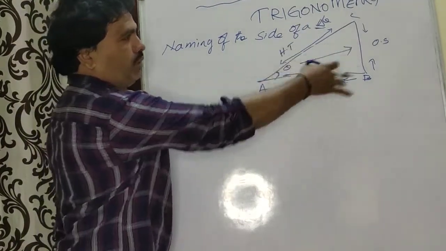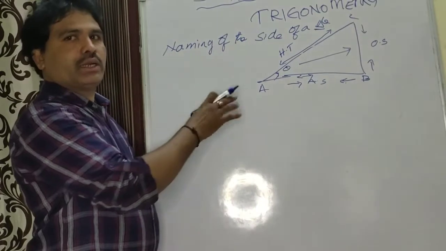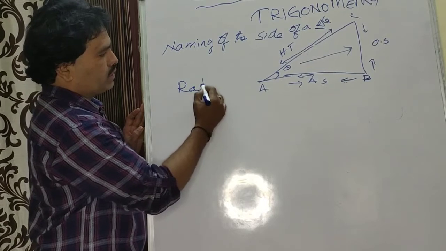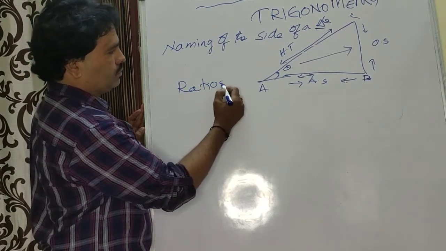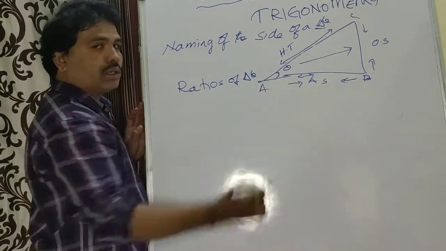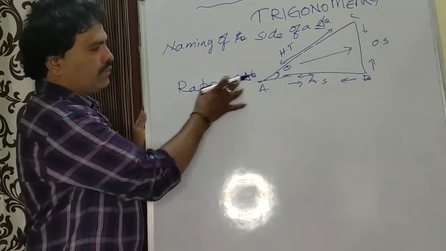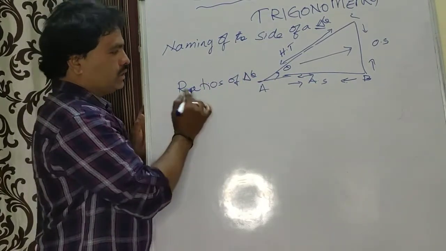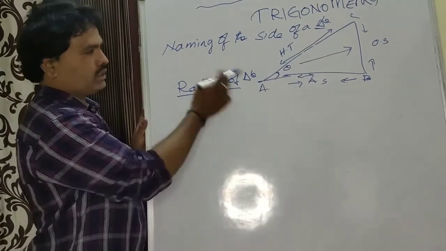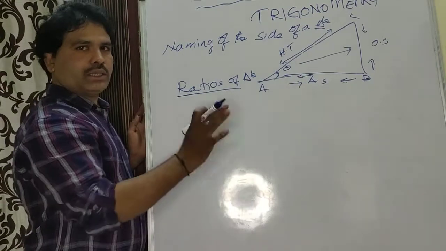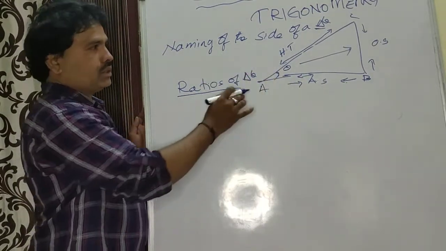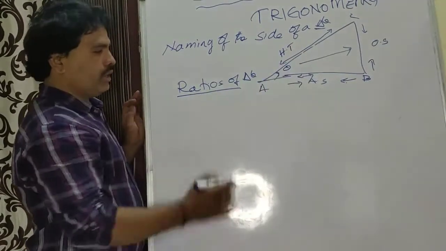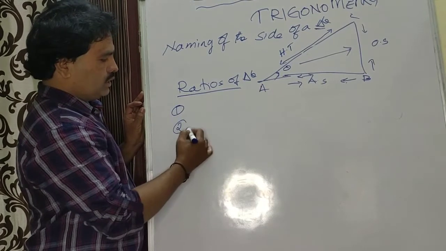So now we have defined all sides of the right angle triangle. Sides are done. Now we are going to define the ratios of a triangle. What are the ratios we are using in trigonometry? Trigonometry has some functions, which we can call ratios of a triangle. These ratios also come from the triangle only, because before this we explained the sides of a triangle. It has three sides and one angle. Trigonometry has a total of 6 ratios.